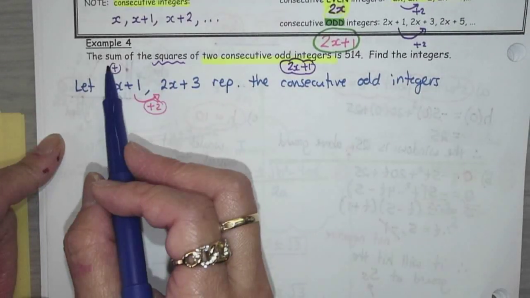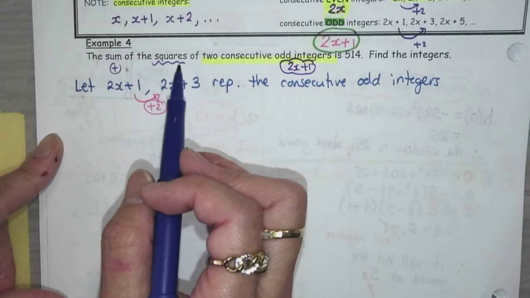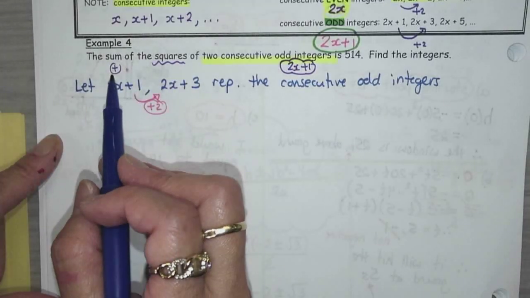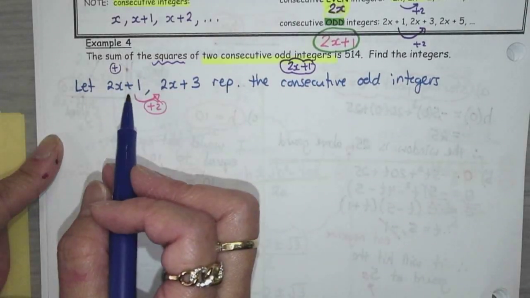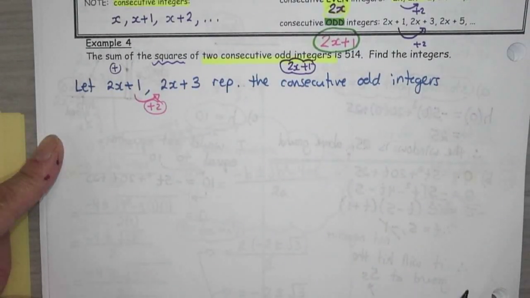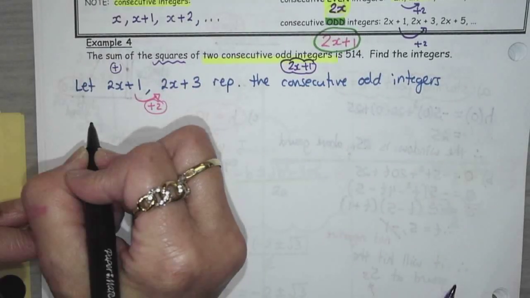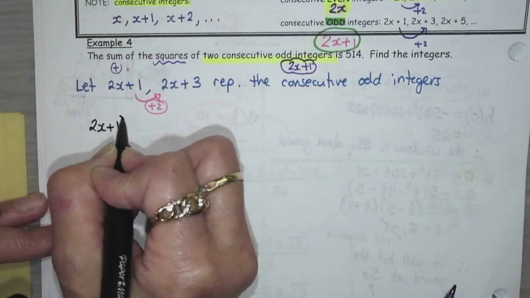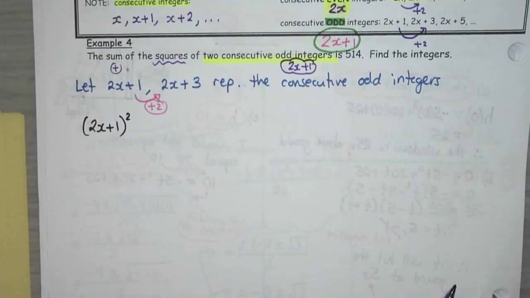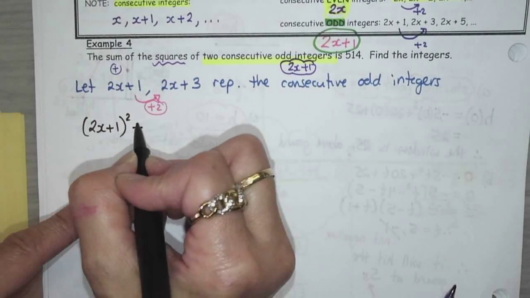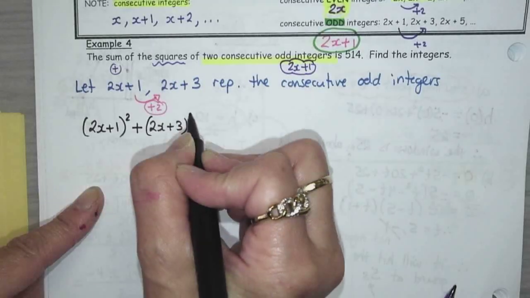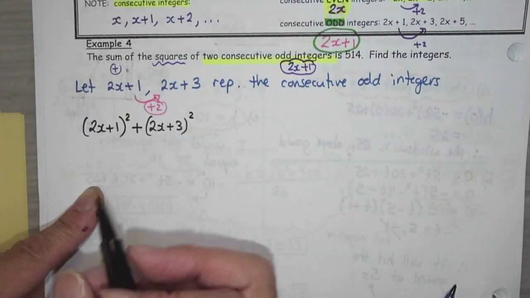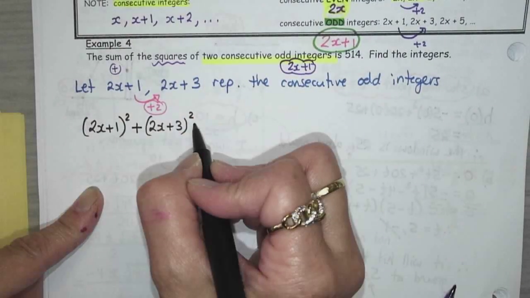Then I want to do the sum of the squares. Sum means add the squares. Add the squares together. So I'm going to take this first one here, and I'm going to do my equation. So it'll be 2x plus 1, square it, plus 2x plus 3, and square it. So sum, add the squares, equals